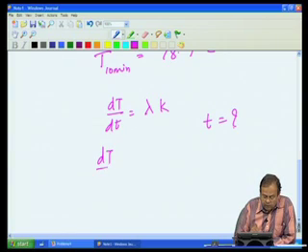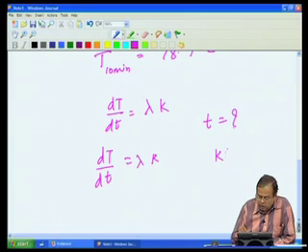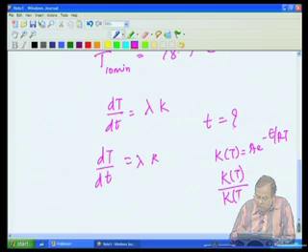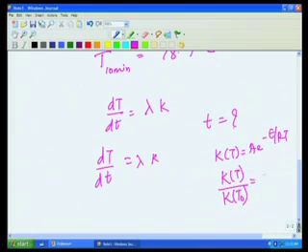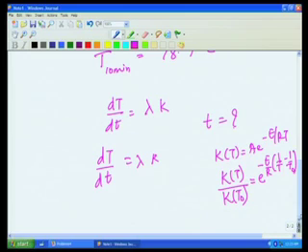So, this one we can now write dT by dt, lambda value we know, and let us assume Arrhenius rate form for K. So, let us assume K of T is A e raised to minus E by R T, or we can write K of T with K of T at some reference temperature that is known to us as e raised to minus E by R into 1 by T minus 1 by reference temperature that is known to us, or in other words, using this information, the reference temperature that is known to us is 400. So, I can write